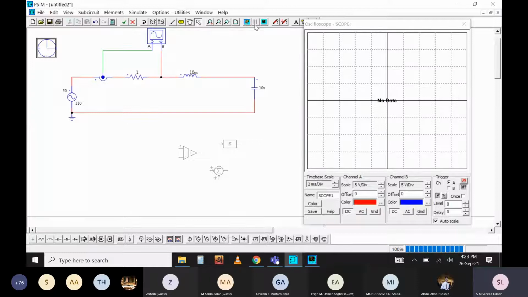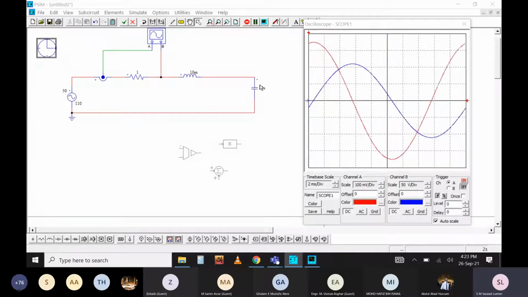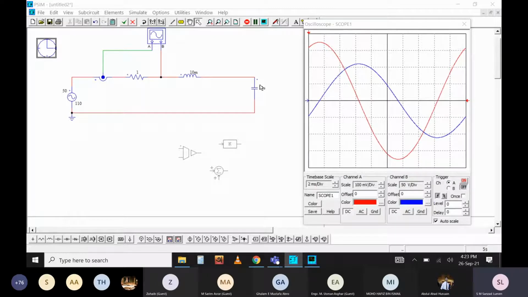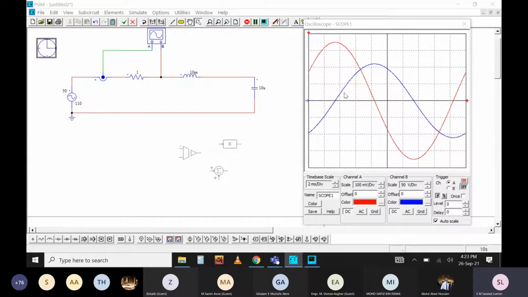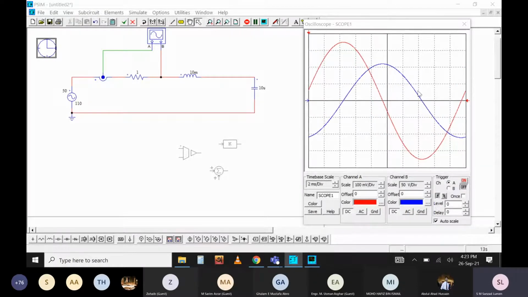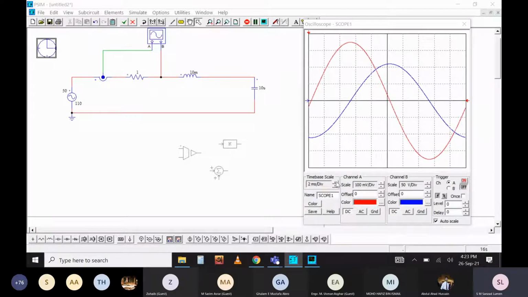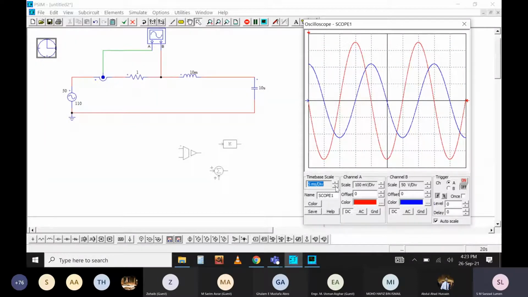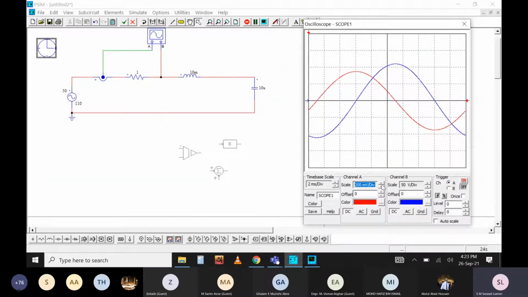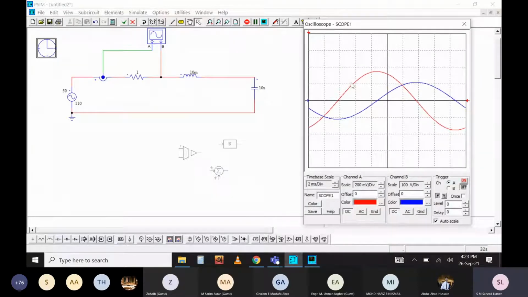Free run mode. So now you can see it's continuous running mode, just like a practical demonstration. So this is the voltage and current. Channel A is the current, channel B is the voltage. The blue one is the voltage. You can change the time scale as well. You can change the vertical division as well as per your requirement, or you can auto scale. Once you auto scale, it will adjust automatically. You don't have to worry about the magnitude or the time frame. Time frame you can also change from here to check.